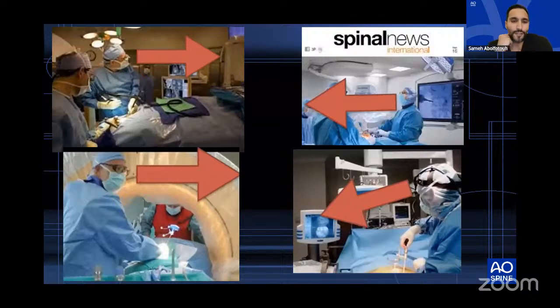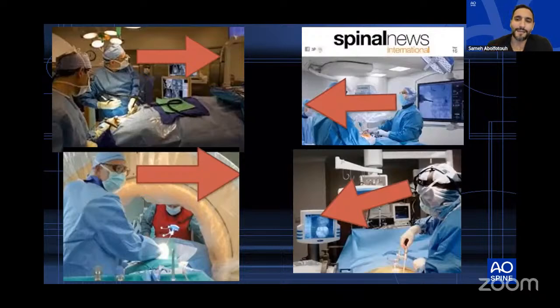Now, if you talk to a guy like Alex Vaccaro, Alex always gives those lectures against spine robotics. He uses a robot in his OR, but he gives those lectures all the time. And his rationale is, nowadays we're not looking at our patients anymore. You walk into those ORs and you can see us looking at those screens all the time, trying to figure out the trajectory of the screw. And I agree with Alex, because the first thing we teach our residents is don't take your eyes away from the patient or from the operating site.